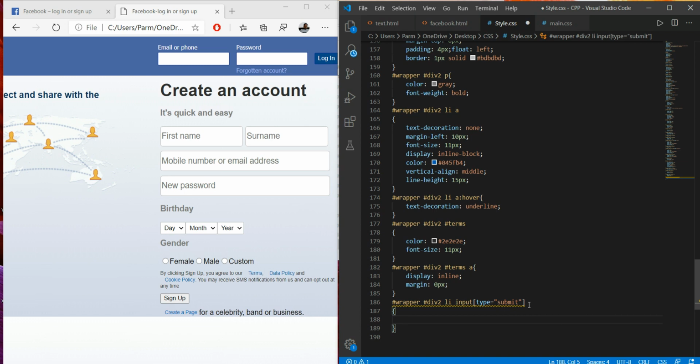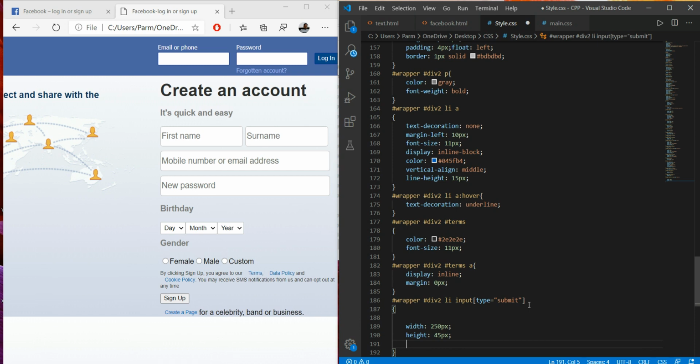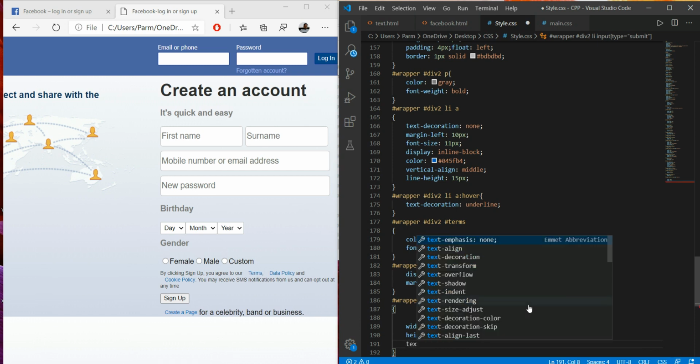Now here we have to set the width of this first. As I say width, I'm just giving it 25 pixel, height 45 pixel, text align center.